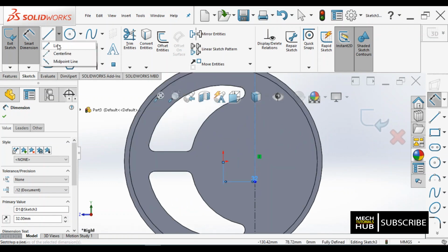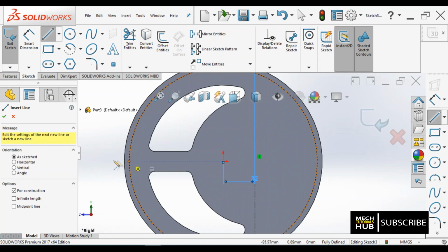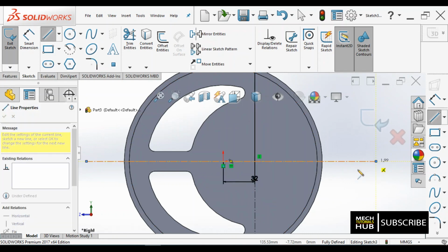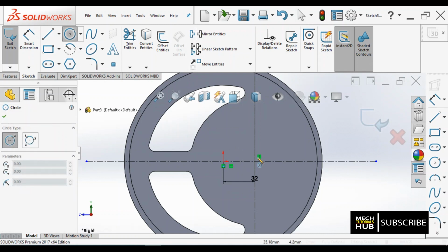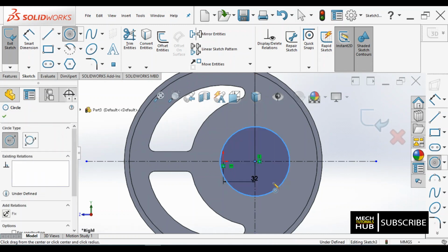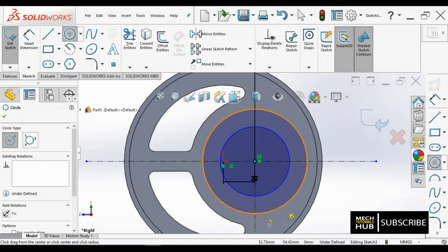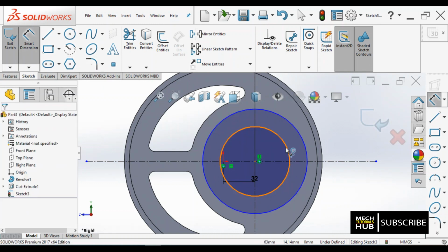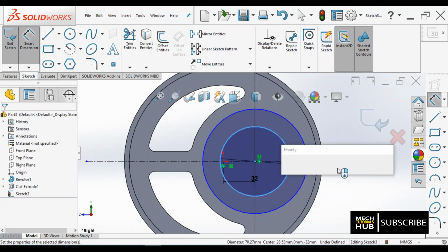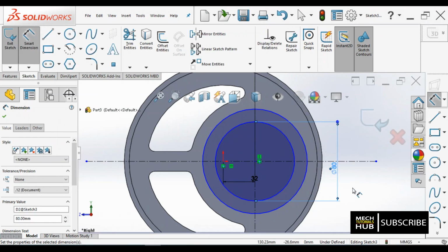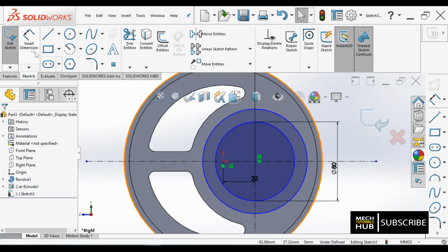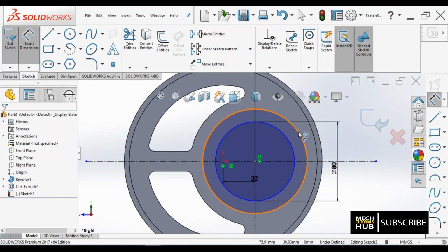This is fine. Let me draw one more line, axis line. From the intersection of these two, I need to draw 2 circles, 1 and 2. And the first circle diameter, let me fix it as 80. Okay, and second circle, let me fix it as 80